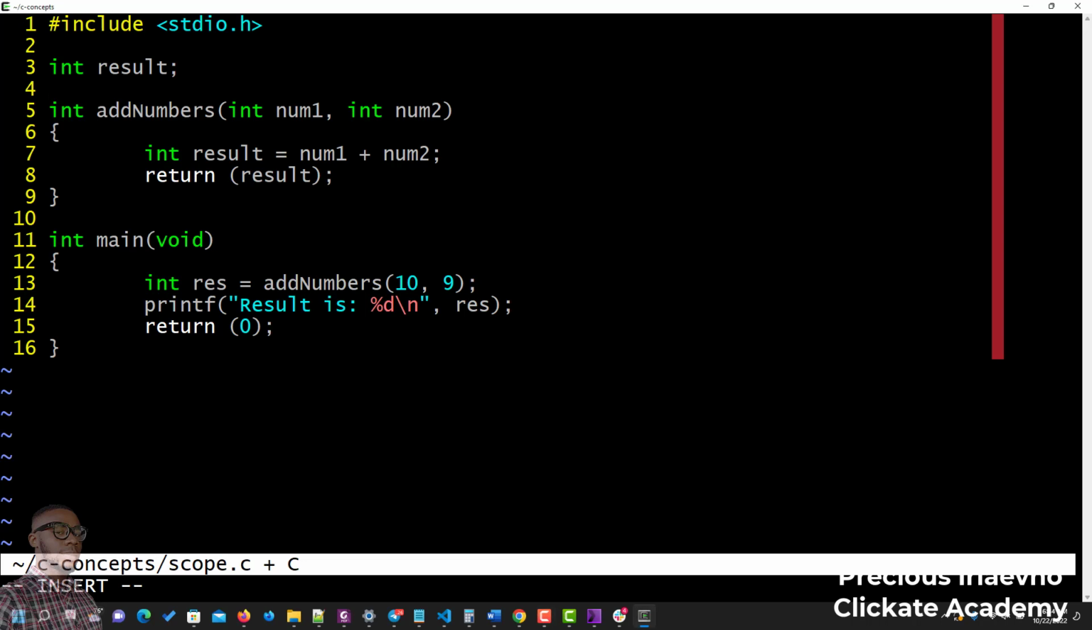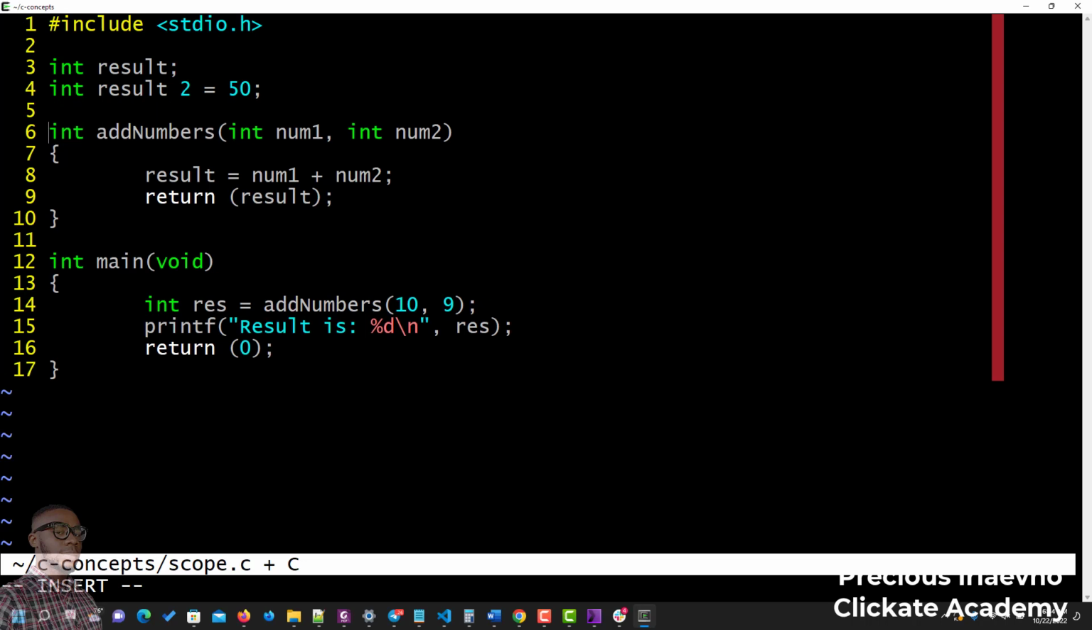So since it is declared outside, we can then come down here and remove the int here because it's no longer needed. Okay, and we can rerun it. Now, because this variable is declared outside, it can be seen by this function, and we can even create another variable. Okay, we can say result2 is equal to 50, and let's use that inside of our printf here too. Okay, so result is